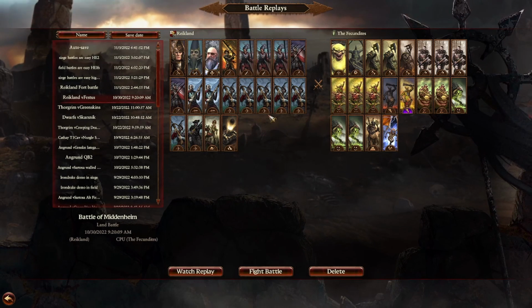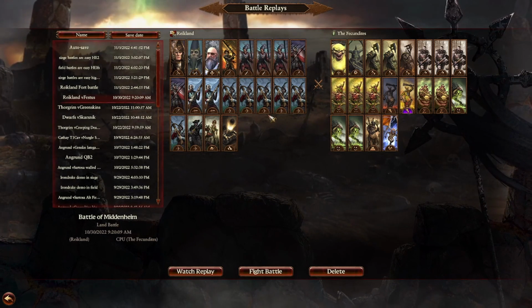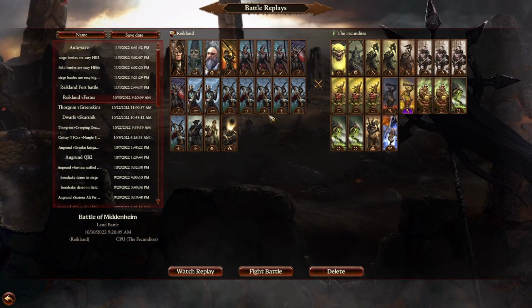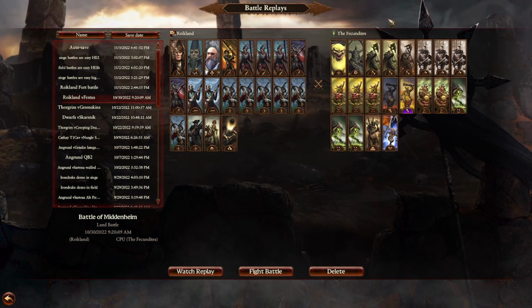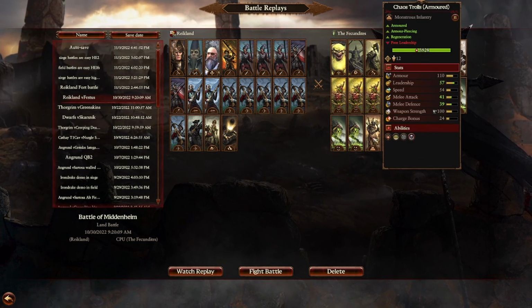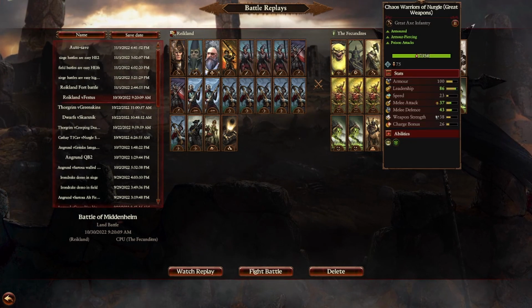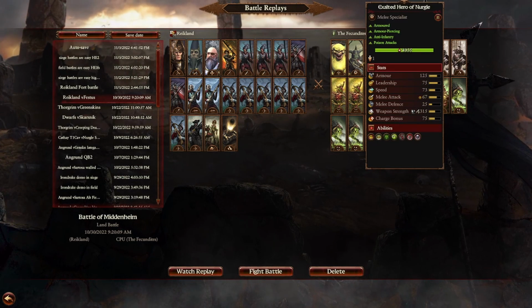I've definitely moved out too early without enough Handgunners here, and I definitely paid for it in this battle. You can see they don't have a ton of the units that we're most concerned about, right? They do have the armored trolls upgraded from the base trolls. They have a couple of Chaos Warriors in here, and then there's the Exalted Hero as well,